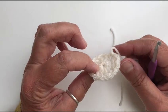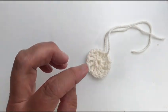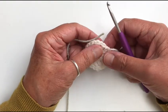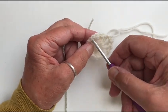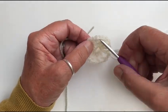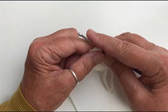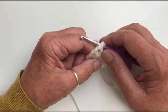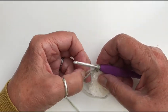Now for the next part we're going to take the green, and this is now round 2, and we're going to attach the new colour in any of these spaces, these chain 1 spaces. So we'll just pick one and attach the new colour. I'm just double checking if this has been turned. I don't think I turned it in this round, so yeah, just attach your green in any space,